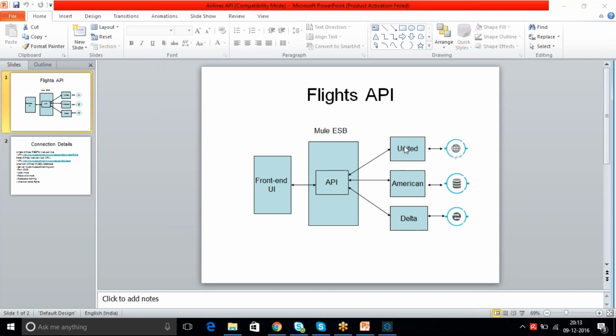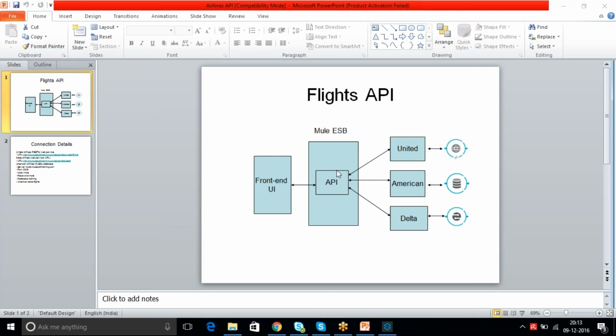Once you are able to get that information from their system, you expose it as an API, and then you can give it to the front-end system. So what you are doing here is getting data from three different types of airlines, merging it, and giving it to the front-end system, and you expose it as an API.